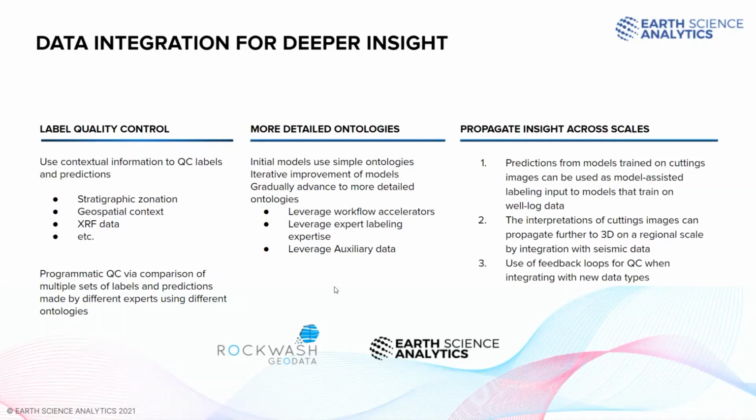But once you have iterated enough and you're happy with the results, of course, the next step is to make sure you can propagate this insight across the scales. So from classification models, of course, you can just plot the classes according to their depth in the well and produce something similar to a well log. From the segmentation method, of course, we can compute the fraction of each lithology or mineralogy per area of the image and basically produce multiple logs from each of the images. And integrate those logs with the wireline logs and basically propagate it all the way up to the seismic scale,